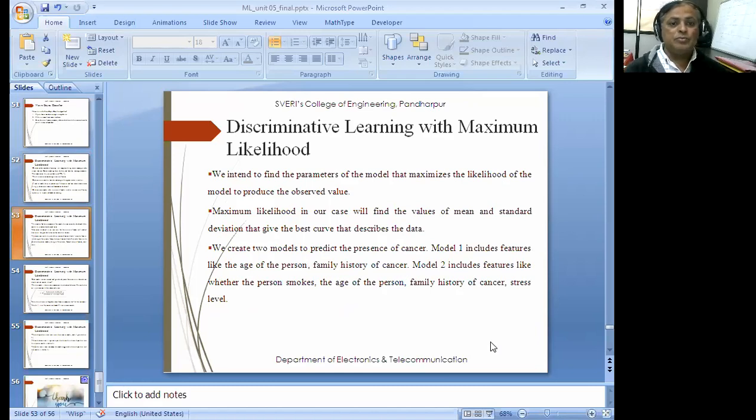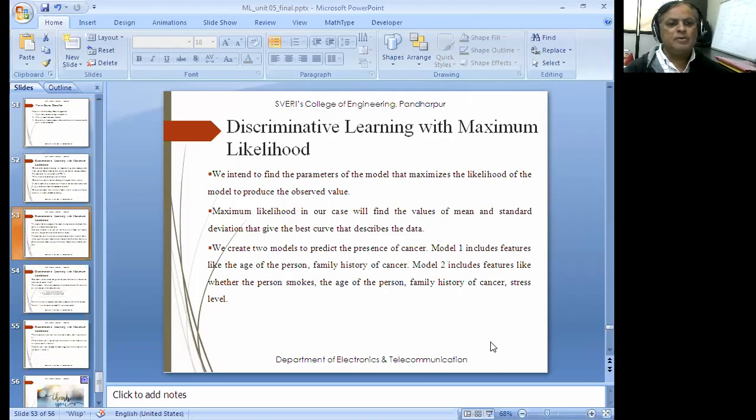So यहाँ पर जो likelihood है वो maximize करना है. Likelihood means what is the likely output that is to be coming here, right? Suppose I say that rain may likely occur tomorrow. When I say it is maximum, it is called maximum likelihood. That is how it is. You take it by the word, you will understand the meaning of that also. So when you maximize that likelihood, that means you will produce the observed value.